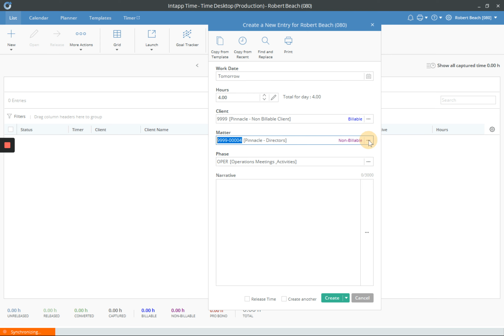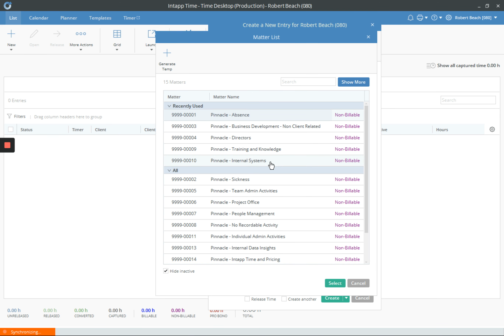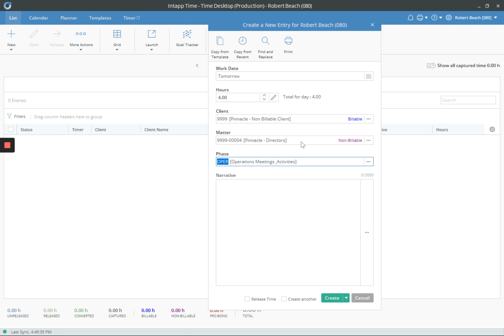And I can also bring up the selection list that will show me all of the matters for this client, organized by those matters where I've recently used to record time against, and then below that, a list of all the matters for this client. Again, the idea being that it makes it really easy to choose the one that I want to record this